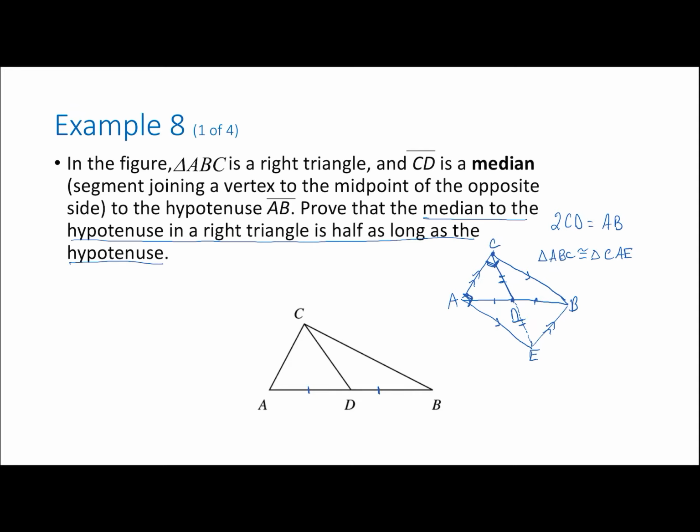So triangle, what did I say? ABC and CAE. If I can show that those two triangles are congruent,